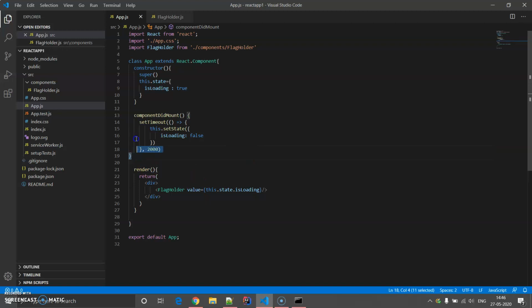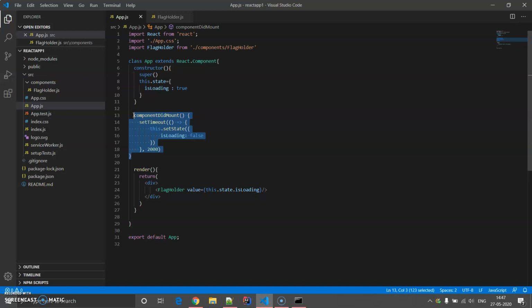So in this way, this part of code can do magic. Instead of a timeout, you can go for an API call and fetch values which you are trying to import from certain third-party APIs, and you're going to display them. So in this way, you might display that your page is currently loading, please wait. You have seen that on most websites, right? So in this way you can play magic with React.js at the front end. There are multiple other things that you can venture into. Just like componentDidMount, there are multiple other component lifecycle methods which we can discuss in our future tutorials.